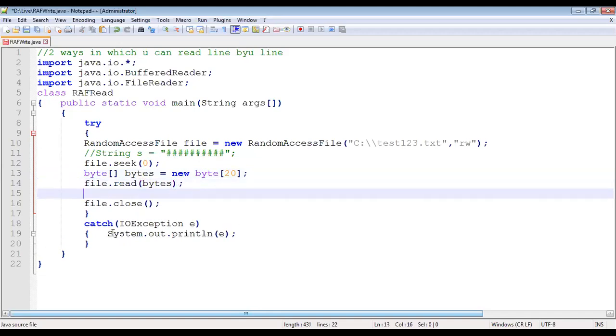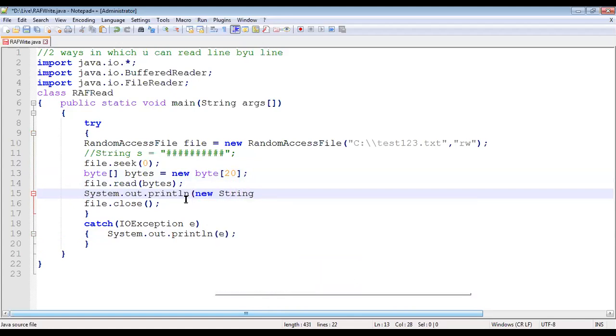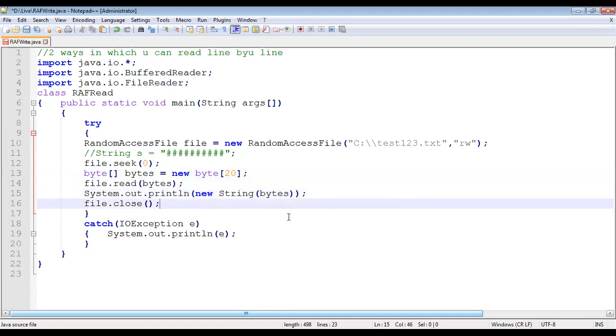And now I'll just do a display. I've read everything. System dot out, I need to convert it to a string, new String of bytes, because my bytes, I need to convert it to a string.